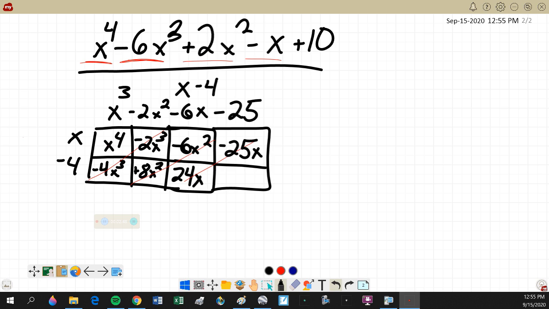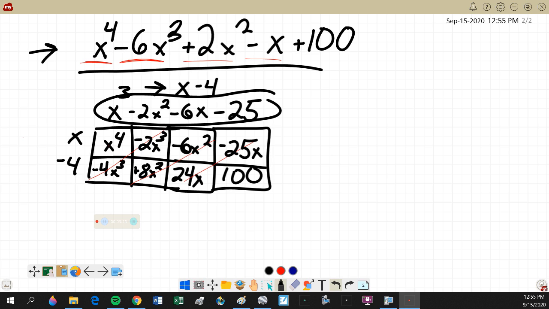Negative 25 times 4 is 100. Have I finished the numerator? Yes, I'm done. So this polynomial divided by x minus 4 is the new polynomial x to the third